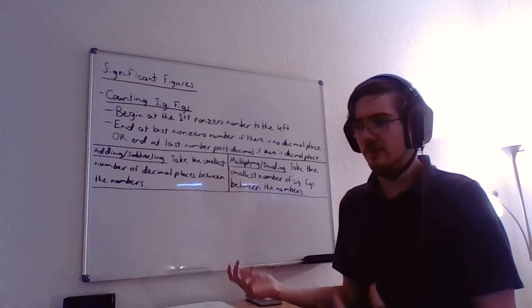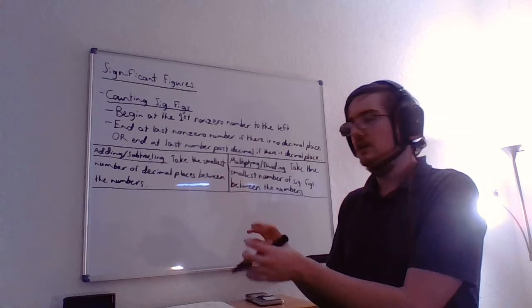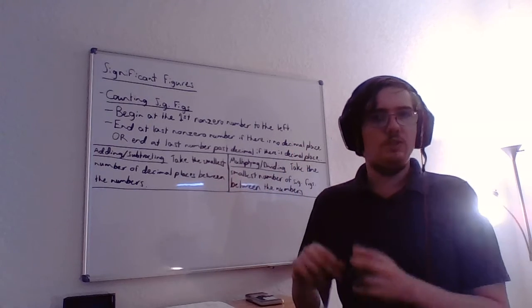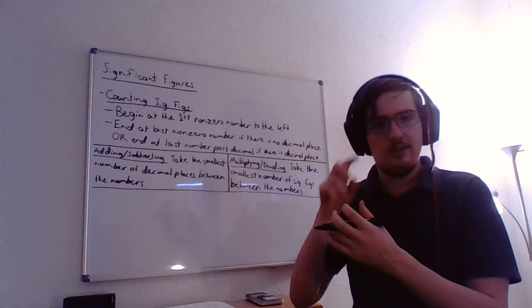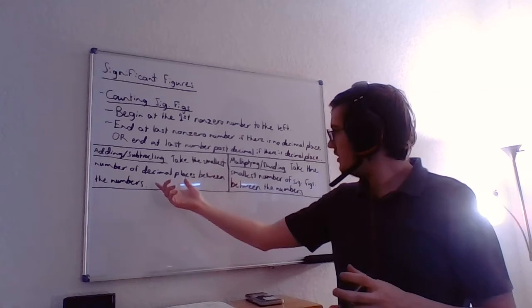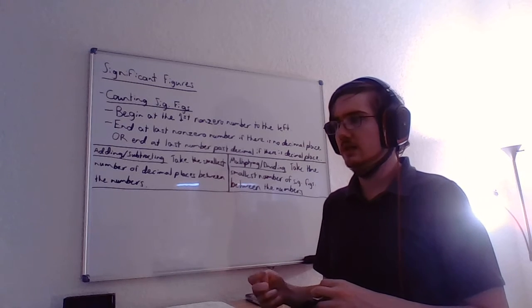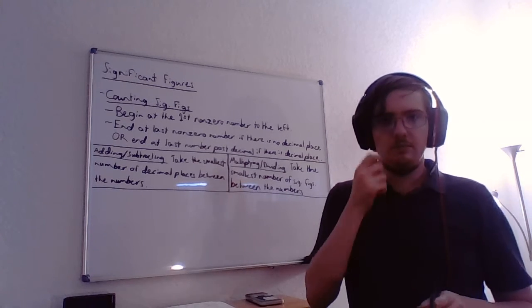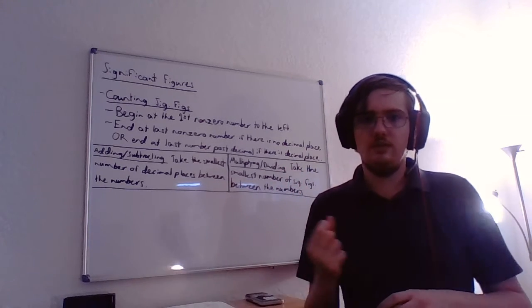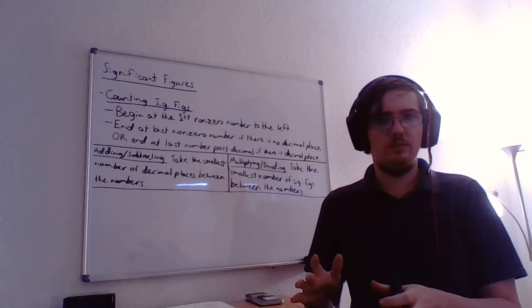If it's a big number, you type it in your calculator, you get your answer out, and then what you do is you take the smallest number of decimal places between the numbers that you're adding and subtracting together, and however many decimal places the smallest is, that's going to be how many decimal places your answer will have. So if you add a number with 3 decimal places to a number with 2 decimal places, your answer is only going to have 2 decimal places because that's the smallest number between them.